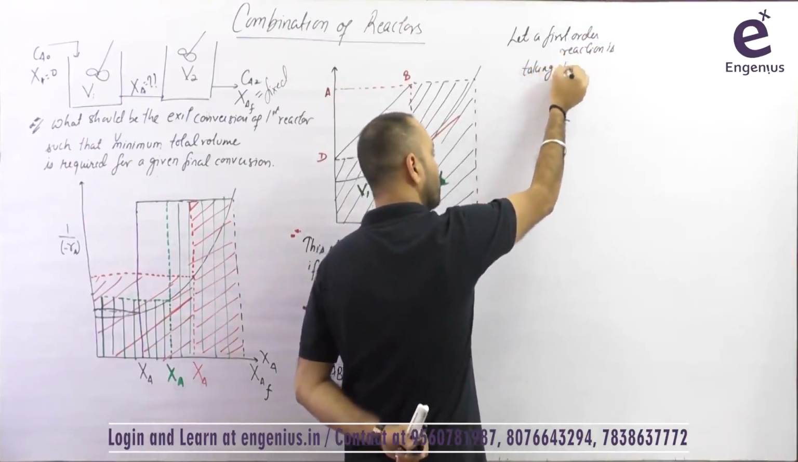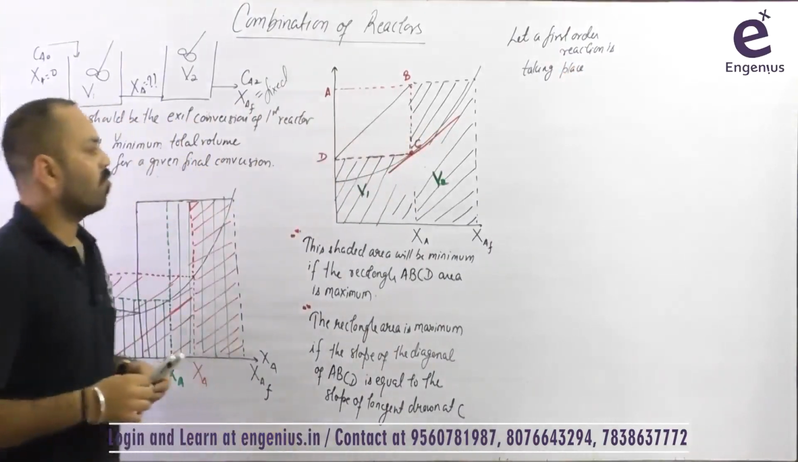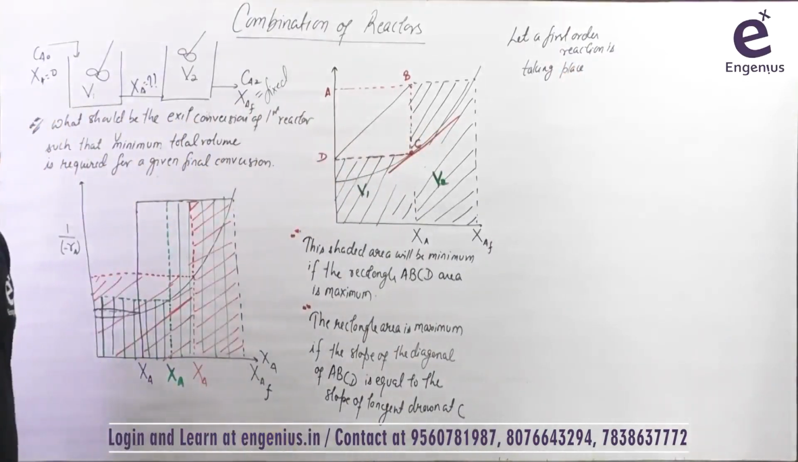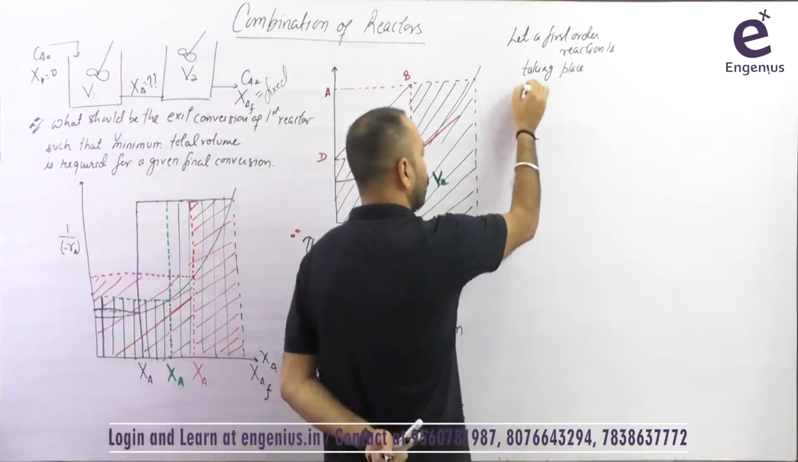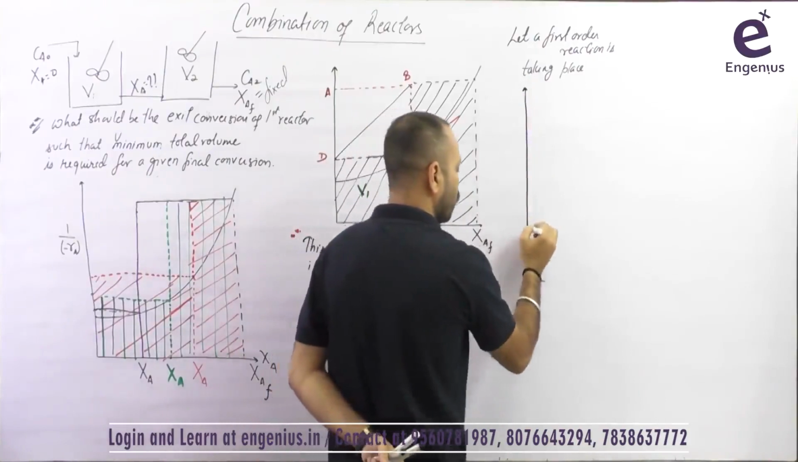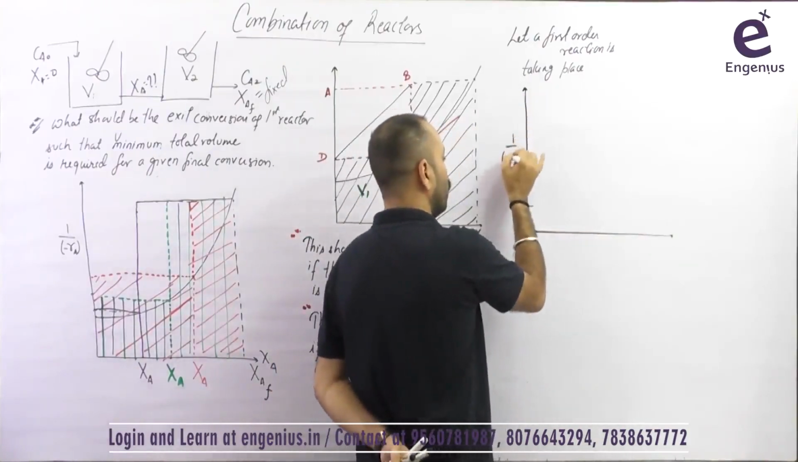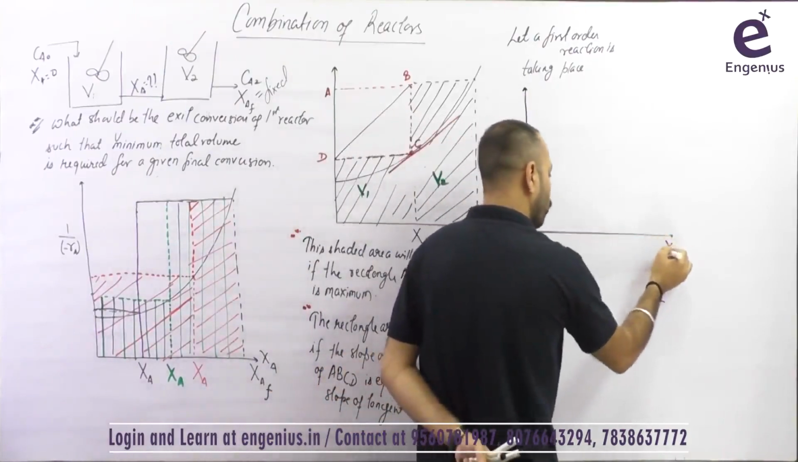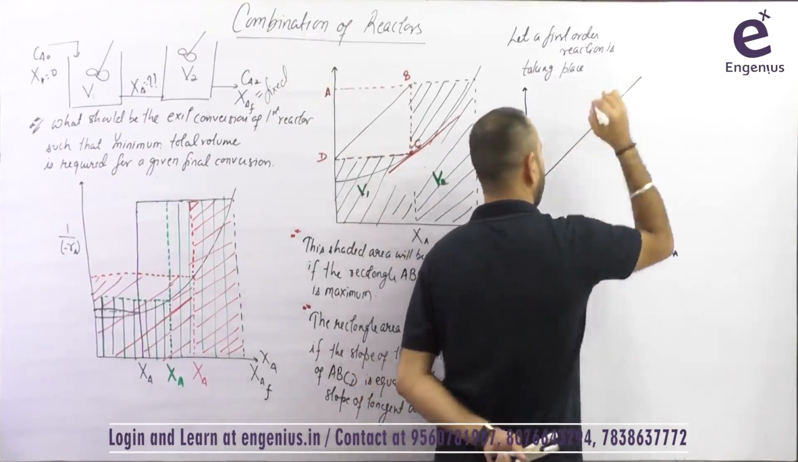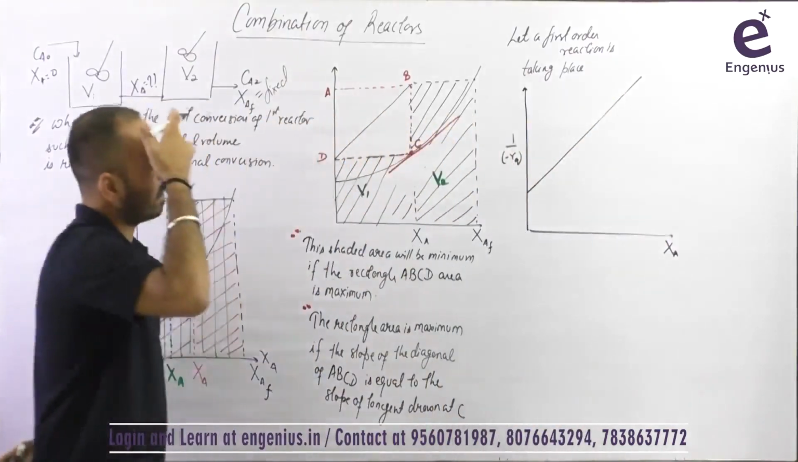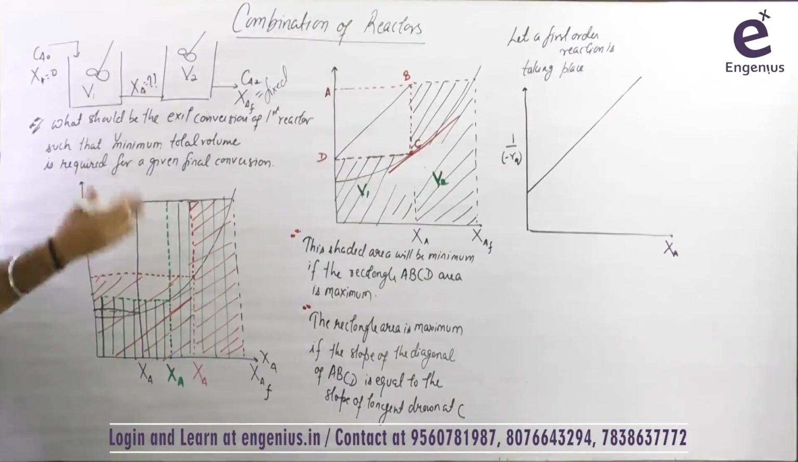And then can you make the 1 by rate versus conversion graph? Rate versus concentration, or 1 by rate versus conversion graph for a first order reaction. I hope you are able to make this graph. 1 by rate versus conversion. If you try to plot, it is going to give you a linear line like this. So suppose there is a first order reaction taking place in this CSTR such that the final conversion